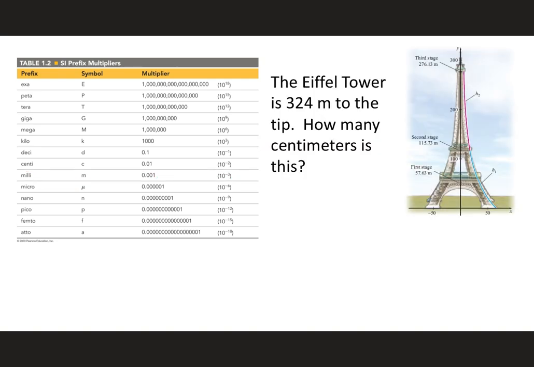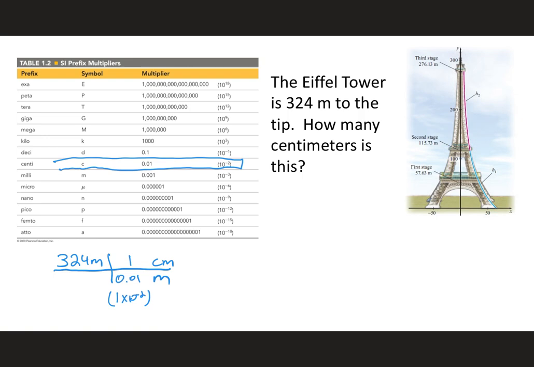So let's go to our example of the Eiffel Tower that has a height of 324 meters, and let's convert that to centimeters. The first thing we do is in our conversion chart, we find the prefix for centi. It is 1 centimeter is 0.01 meter, or 1 times 10 to the minus 2 meters. So we're going to start our conversion with our measured value, 324 meters. Again, we want to solve for the height in centimeters, and we want to cancel out our meters. So we know that 1 centimeter is 0.01 meters, or you could say 1 times 10 to the minus 2 meters up there. We see that our units of meters cancel out. We are left with the units of centimeters here, and this value is equal to 32,400